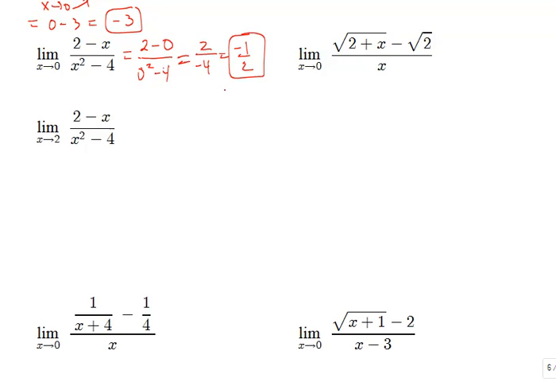We didn't get 0 over 0. We didn't get that indeterminate form. We got an actual number. So this limit does exist, and its value is -1/2. Now if I take that same function, but I change the value at which x is approaching, this time I'm